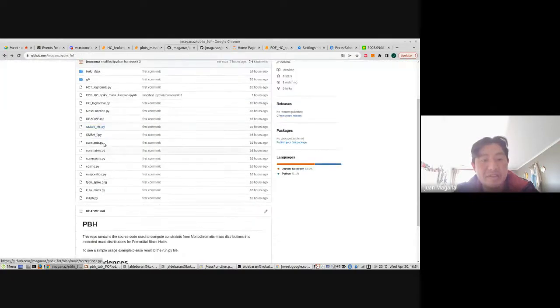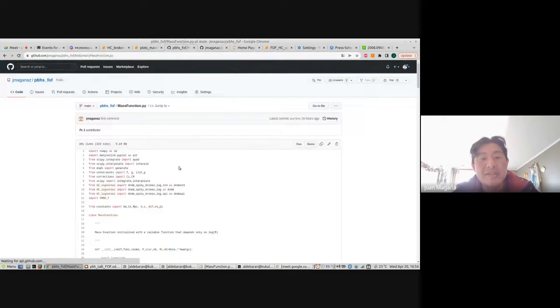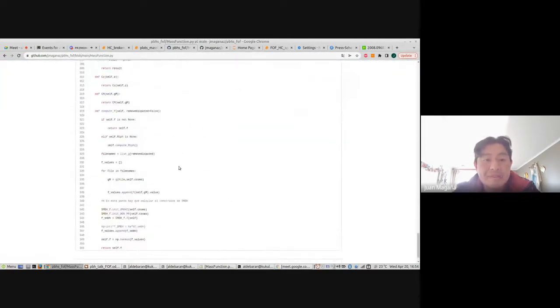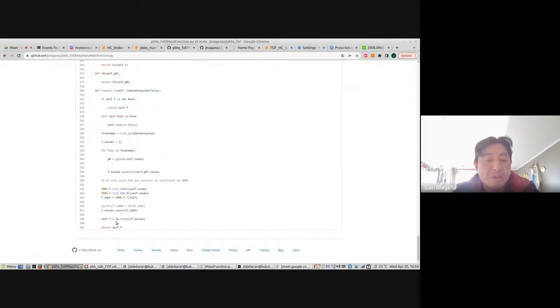Perfect, thank you. Sorry, in this part of the code we do that. We take all the f values from the different observational constraints, and we take the minimum value.